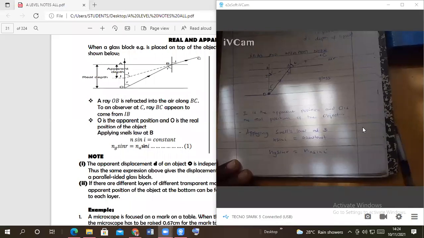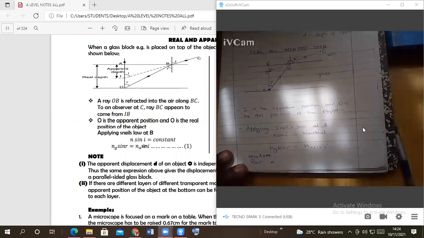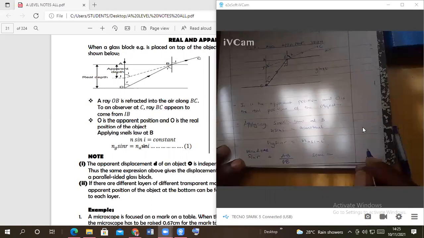Because it's coming from glass entering air, it is n glass sine R equals n air sine I. Then from there, we have to get the value of sine R and also the value of sine I. So using the triangle OAB, we can determine sine R. Sine R will be given as AB out of OB, and then sine I will be given as